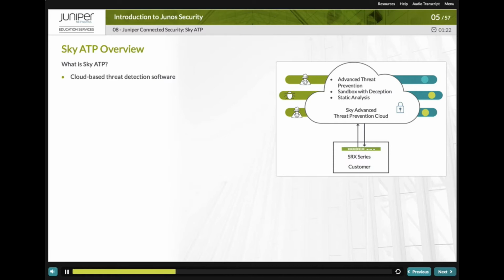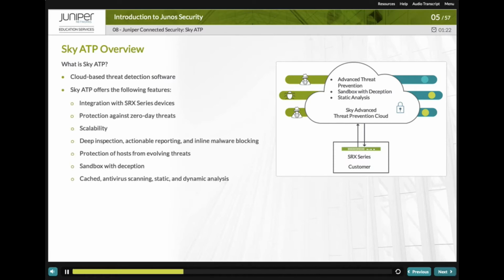delay. In addition, Sky ATP offers the following features: integrates with the SRX series device to simplify deployment and enhance the anti-threat capabilities of the firewall, delivers protection against zero-day threats using a combination of tools to provide robust coverage against sophisticated evasive threats, checks inbound and outbound traffic with policy enhancements that enables users to stop malware, quarantine infected